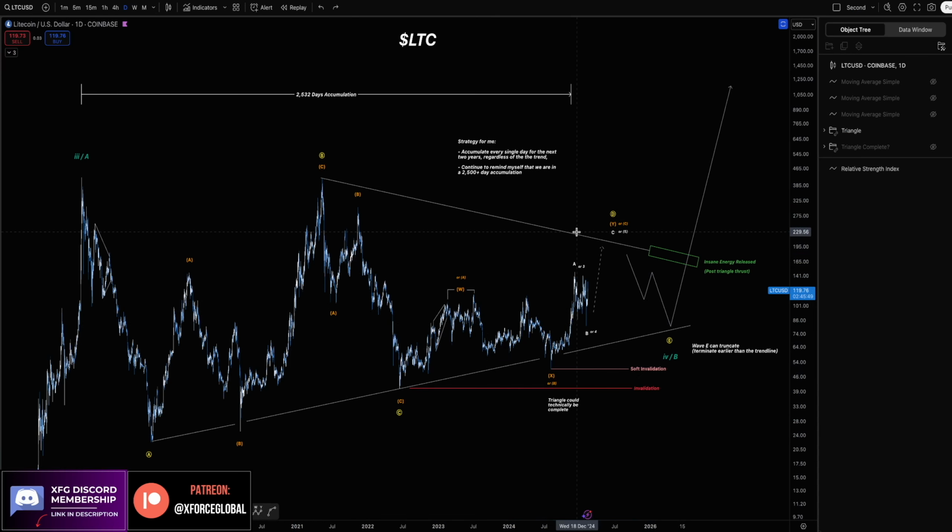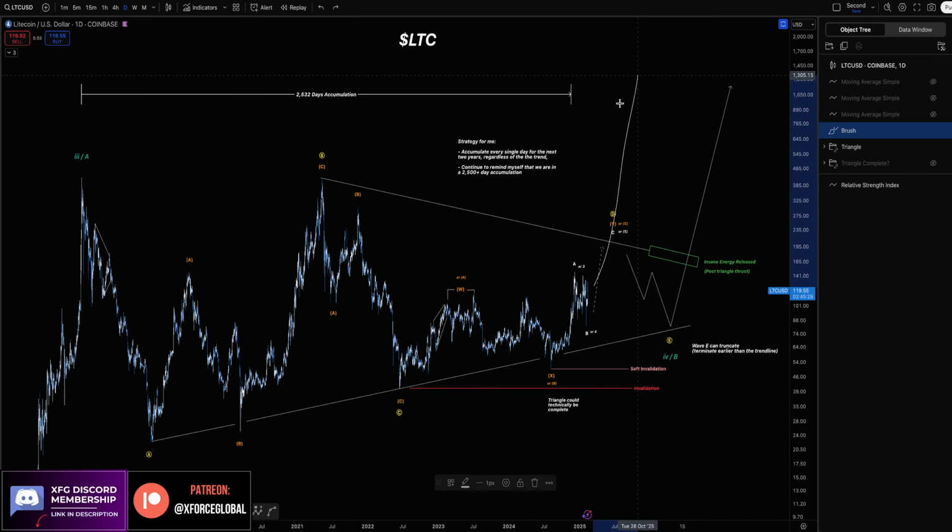But now that we have a little bit more data to work with, I think that this triangle is now becoming the higher conviction when it comes to an identifiable, recognized pattern. So with that being said, can the triangle be complete? I think a lot of people are subjectively saying that this is not a triangle. A lot of Litecoin holders and the Litecoin fan base are saying that we're just going to go straight up.